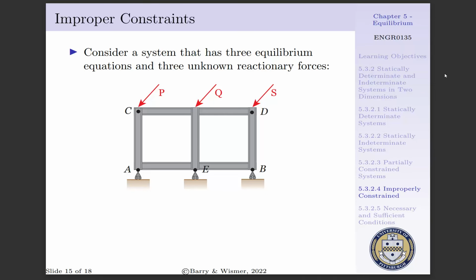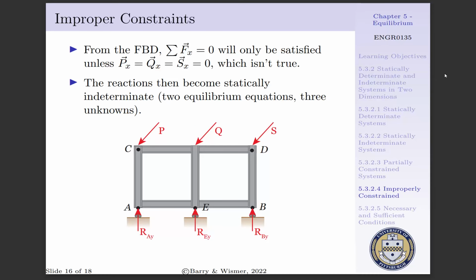Now, let's consider a situation where we place 3 roller supports. That is, we have a roller support at A, B, and we create a new point E. To overcome a partially constrained system, we wanted to add one more reactionary force. In doing this, we see we have 3 unknowns, RAY, RBY, and REY. That is, we have 3 unknowns and 3 equilibrium equations, and we'd assume that we could solve for RAY, REY,